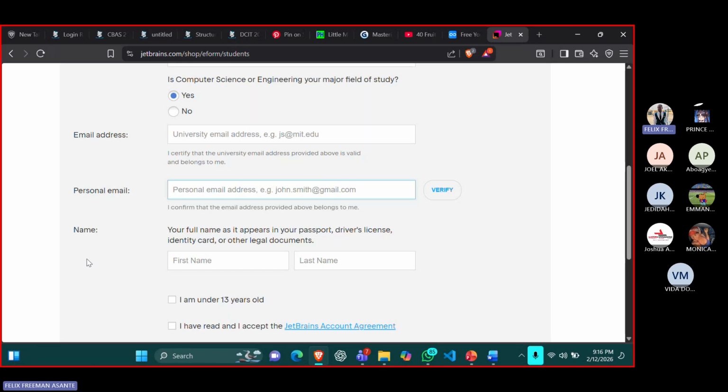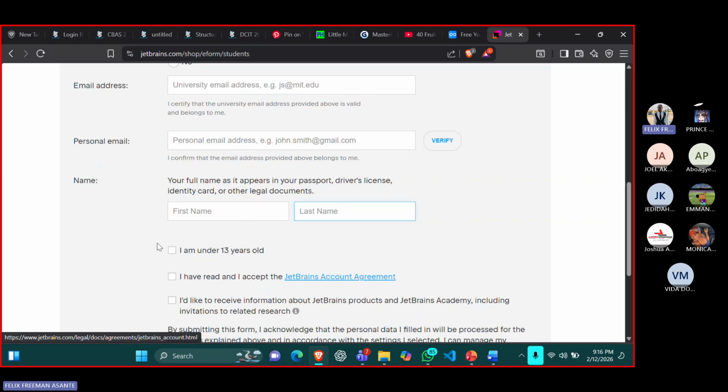So let's continue. We have name here. You enter your first name here. Then you enter your last name here. Then I'm not sure you take "I am under 13 years old", or otherwise what are you doing in university